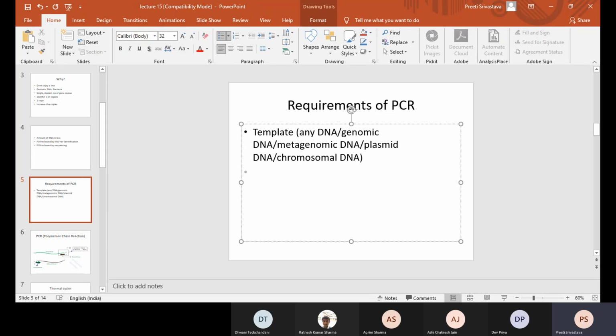The second thing which it requires is a polymerase. Every bacteria has a polymerase, for example E. coli has a polymerase, and all organisms, whether bacteria, archaea, or eukaryotes, contain polymerases. What is the function of polymerase?